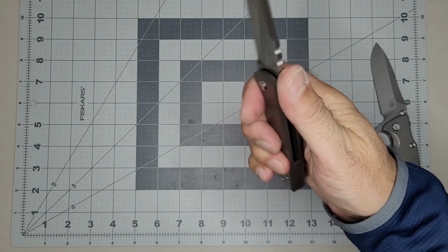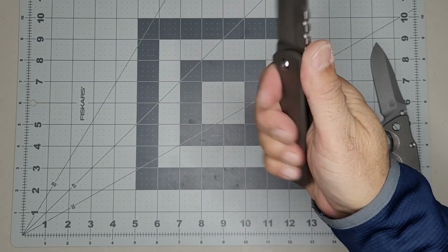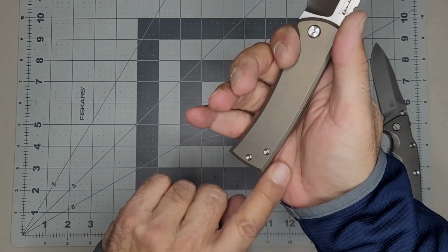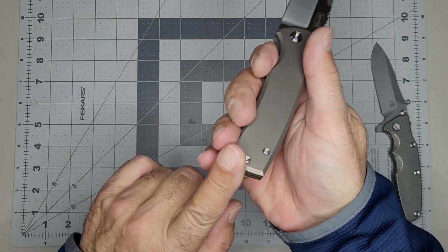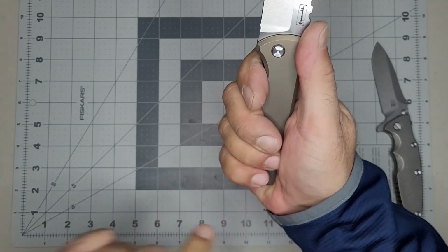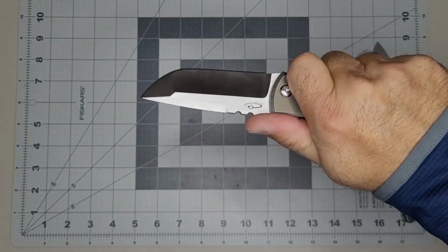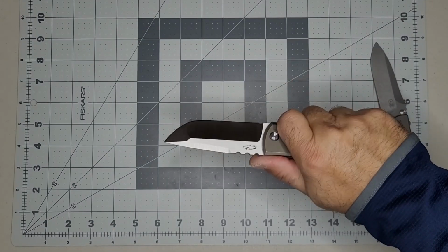You know, it's not stunning ergonomics. I mean, but it's good. The pointy part rests inside the palm of my hand here, and you can feel it jabbing my hand a little bit. But